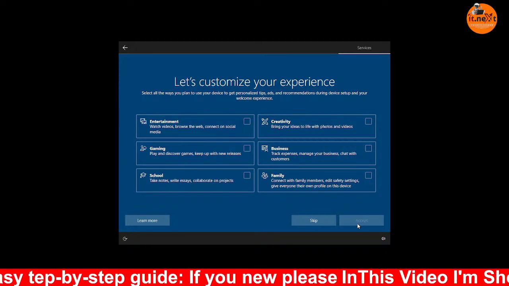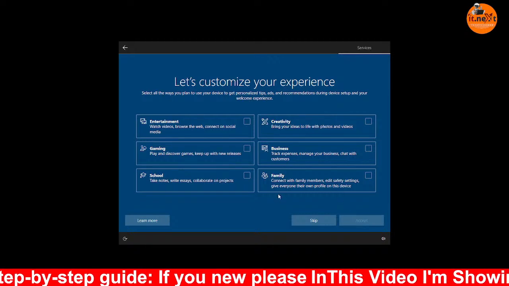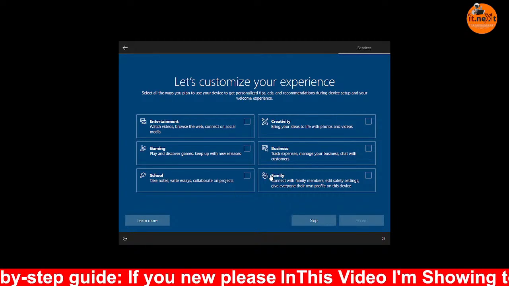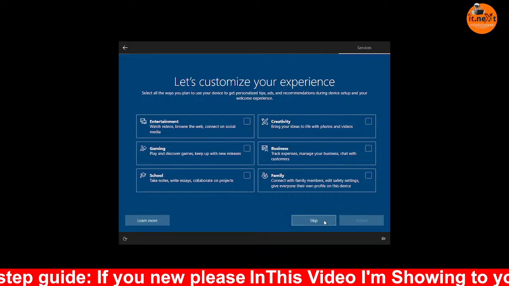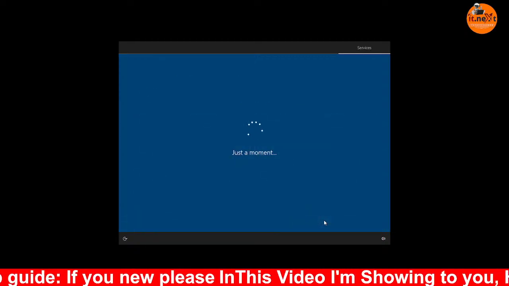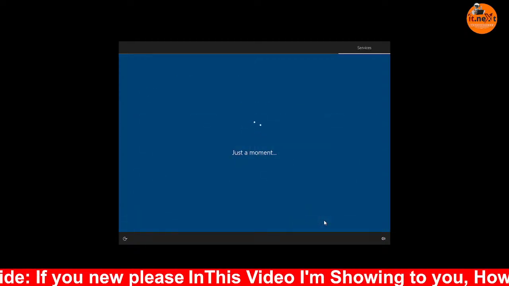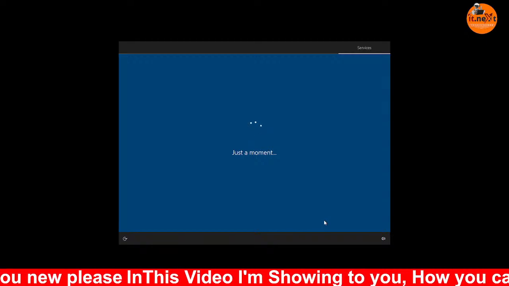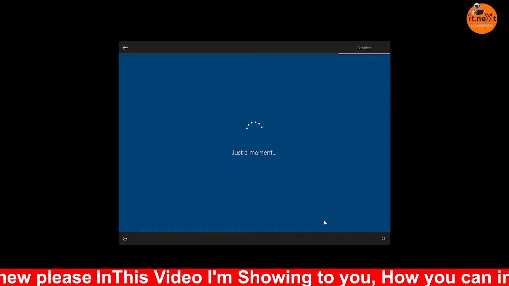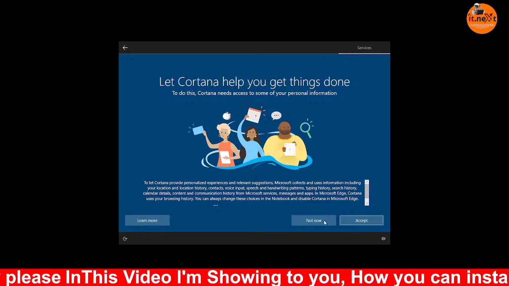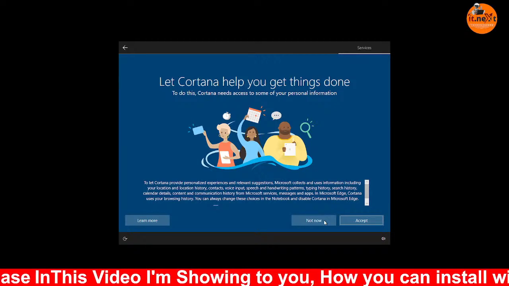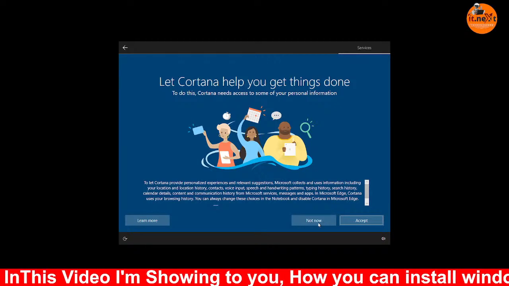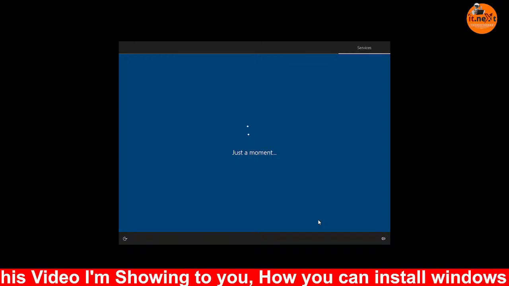Okay. Now here is Customize your experience. I don't want to choose anything here, just click on skip. Some features have come because I have an internet connection on my computer right now while I'm installing the operating system. But if I didn't have the internet connection while installing the machine, I wouldn't get anything. Okay, now here click on not now,